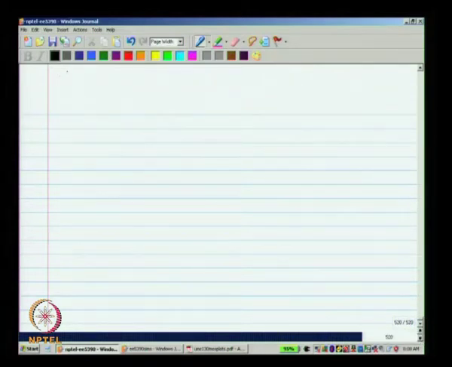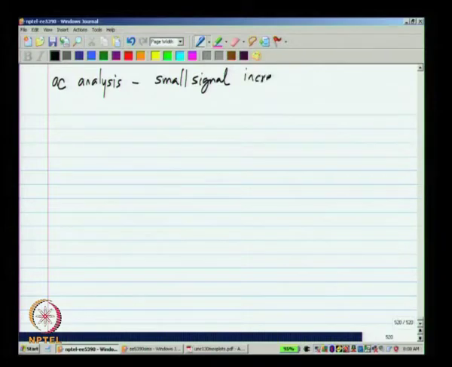And the next analysis that the simulator provides for, which is very frequently used, is known as AC analysis, and this is basically an analysis of the small signal incremental equivalent circuit for sinusoidal steady state.